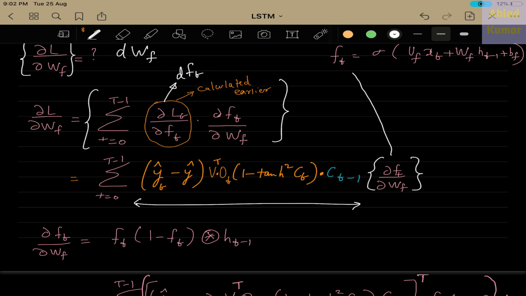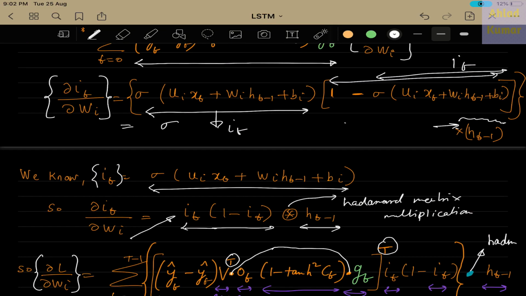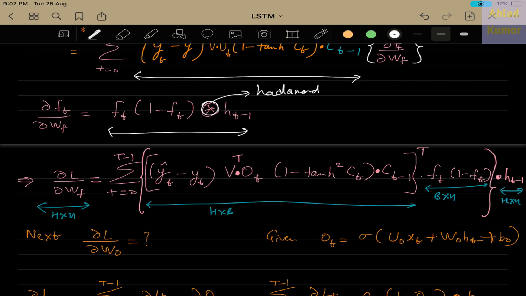This is actually coming from this expression. So similarly, we can calculate the derivative of ft with respect to wf as we have done for this particular case over here. On similar grounds, you can write the derivative of t with respect to wf as this. This is again Hadamard multiplication, and now you can write the final expression of the loss with respect to dwf as this. You can again cross verify whether this expression is true or not by matrix multiplying all these weights and see whether it is indeed true or not.